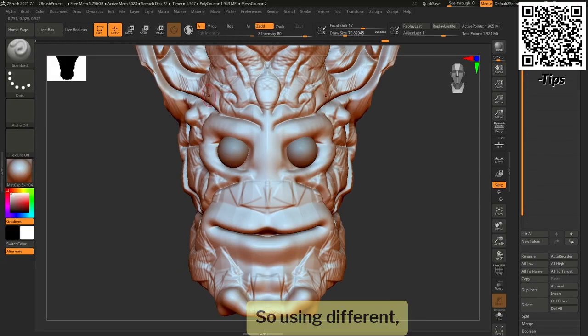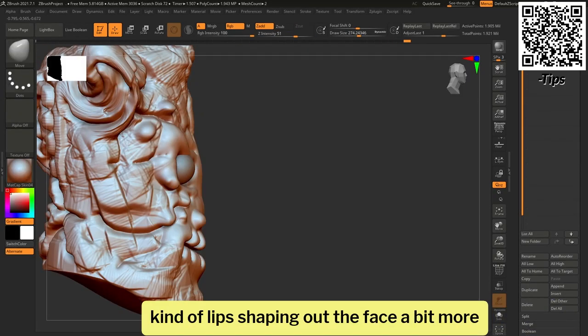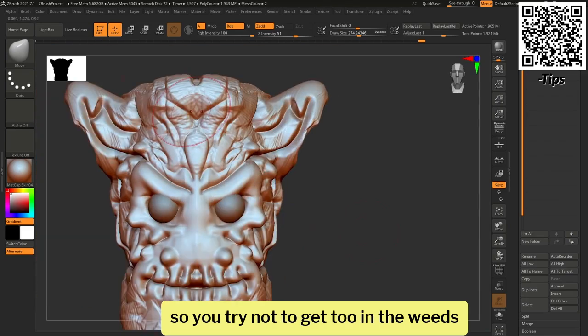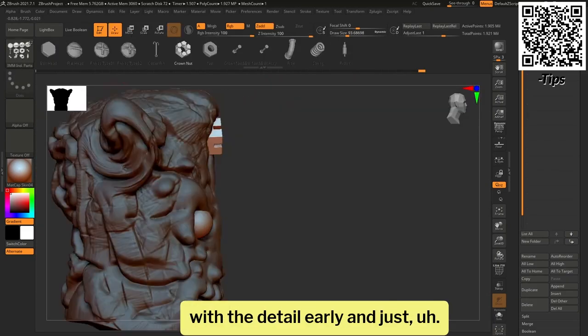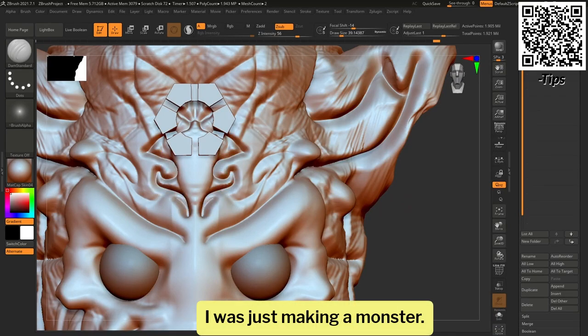So using different methods, I wanted to make it look like a monster, kind of lips, shaping out the face a bit more. So you try not to get too in the weeds with the detail early. I was pretty happy with the shape. I was just making a monster, so